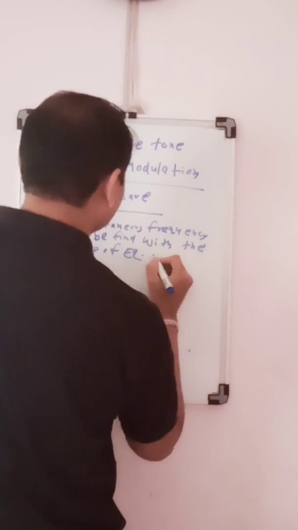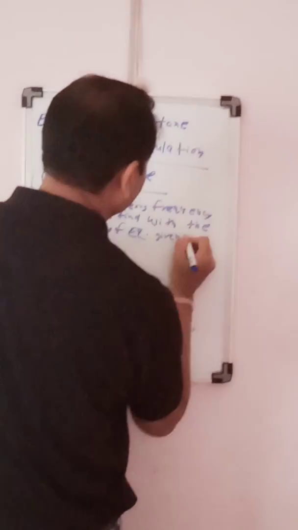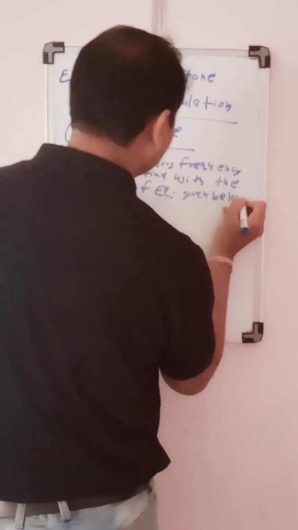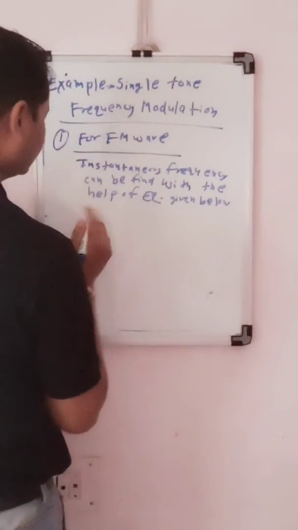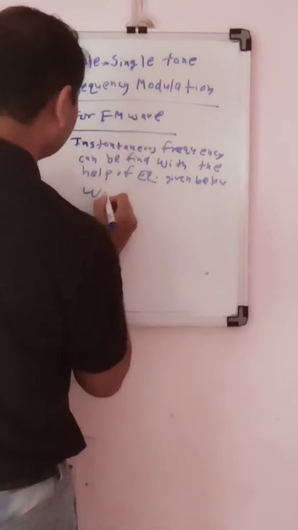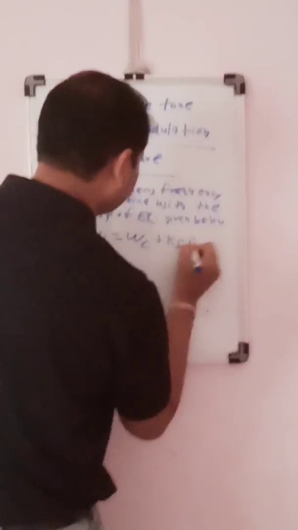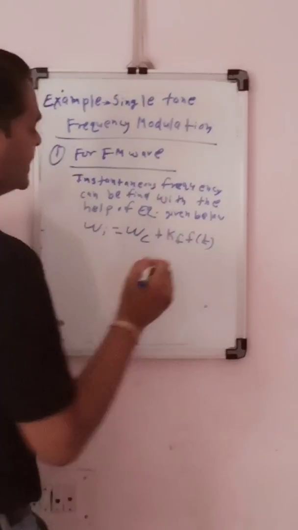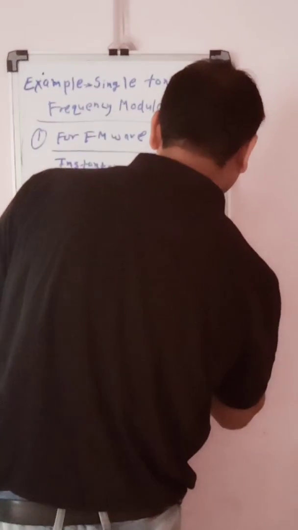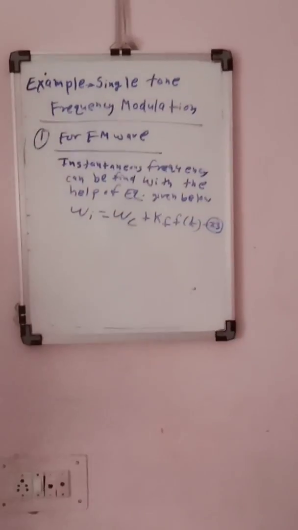So what is the equation? That is omega equal to omega c plus kf ft. This is the equation which I already found. Let's name this equation as 23. So first of all, you have to find the expression for instantaneous frequency,